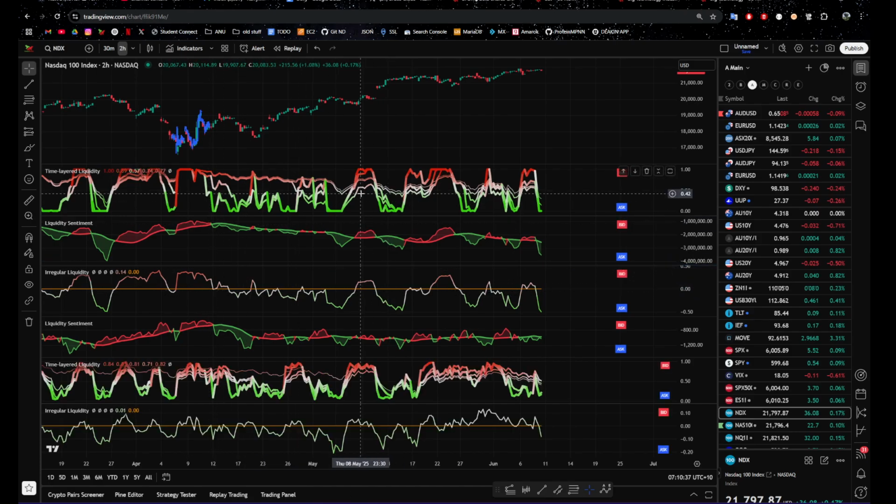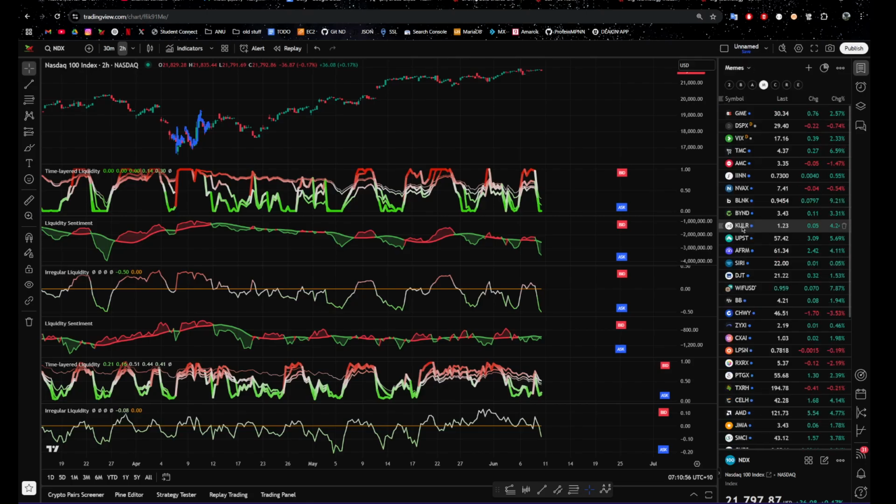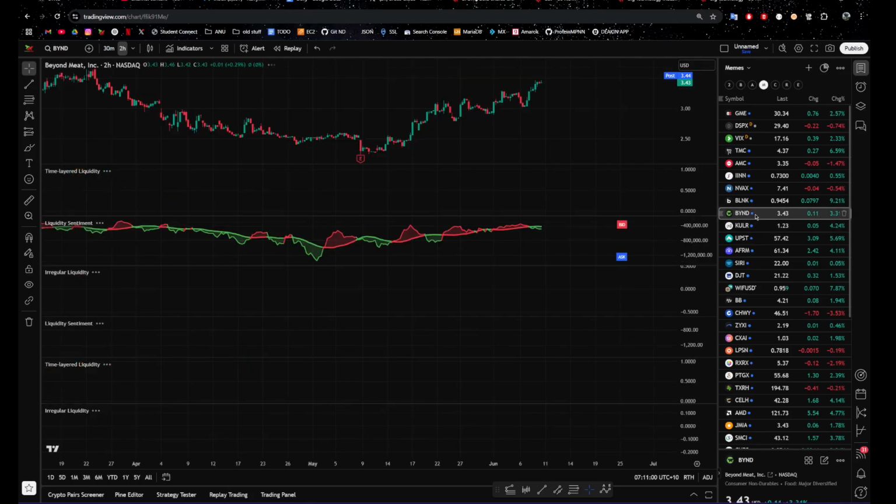The NDX did have, again, this very strong buy from institutional buyers, and then it's been a bit middling. It has been going all right. There's been a lot of tech stocks that have been working well. But we can see the NDX in comparison here to the MAG. The MAG really is above the 50% line in the irregular liquidity. The effect of this is that we get dispersion,